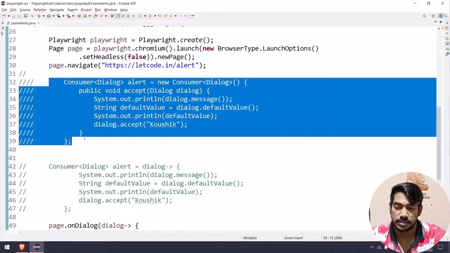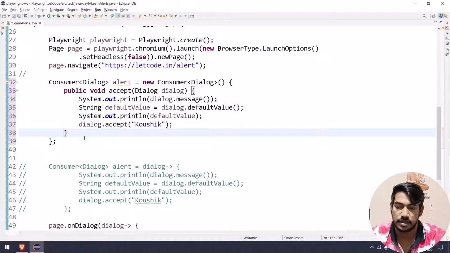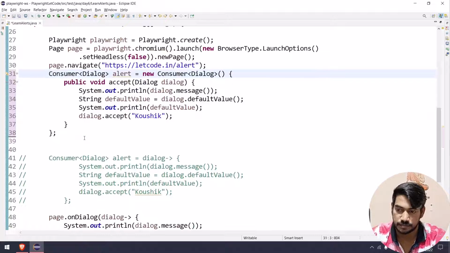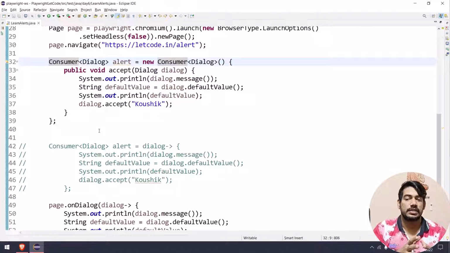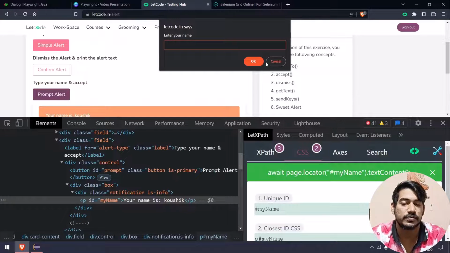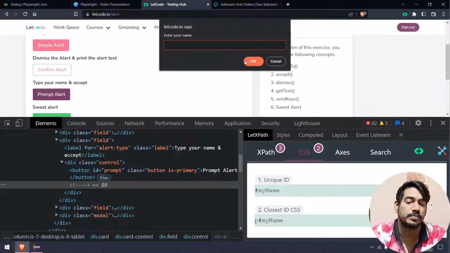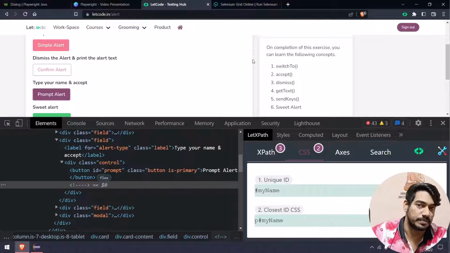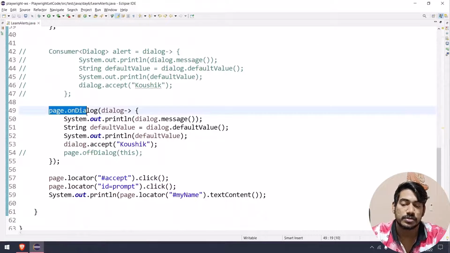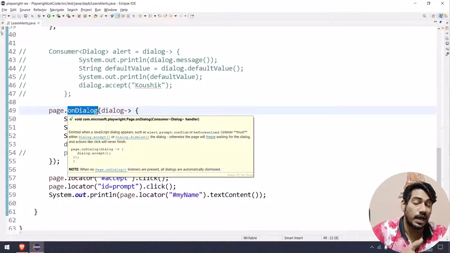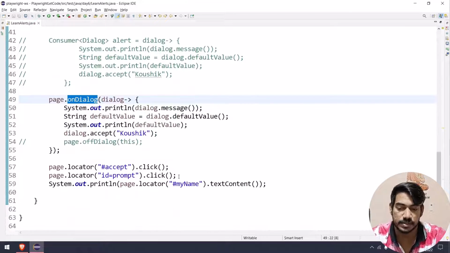Now, why is it commented again? Okay. Now what we are going to do, as I stated earlier, is this: let's say that we have two prompts, one where we enter the first name, and then another prompt where I have to enter my last name, right? For that, of course, I need two page dialogs. One is page dot on dialog, then I have to use another page dialog. For example,